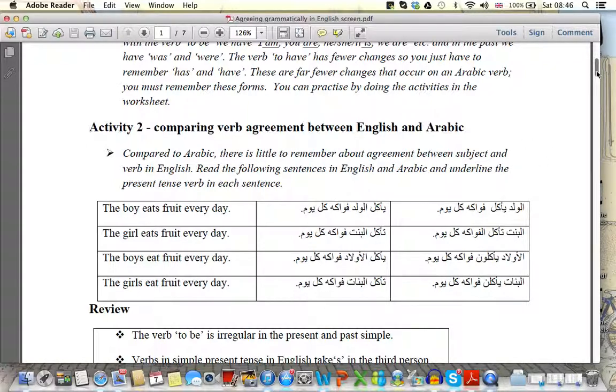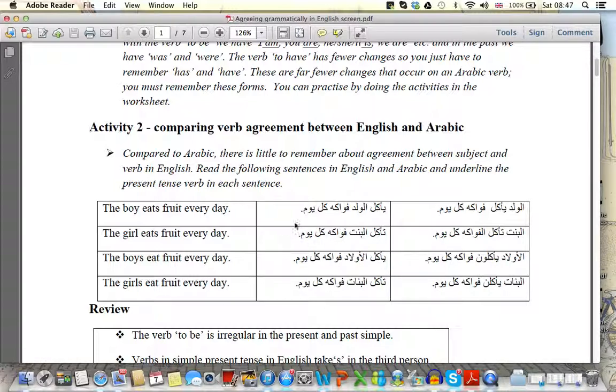And this is a very common error. People forget to put the S on the end of the verb. So when we have a verb where the subject is a single he, she, or it, as in the boy eats, the girl eats, we have to remember this S. With everyone else, for example, I eat, you eat, we eat, they eat, the boys eat, the girls eat,